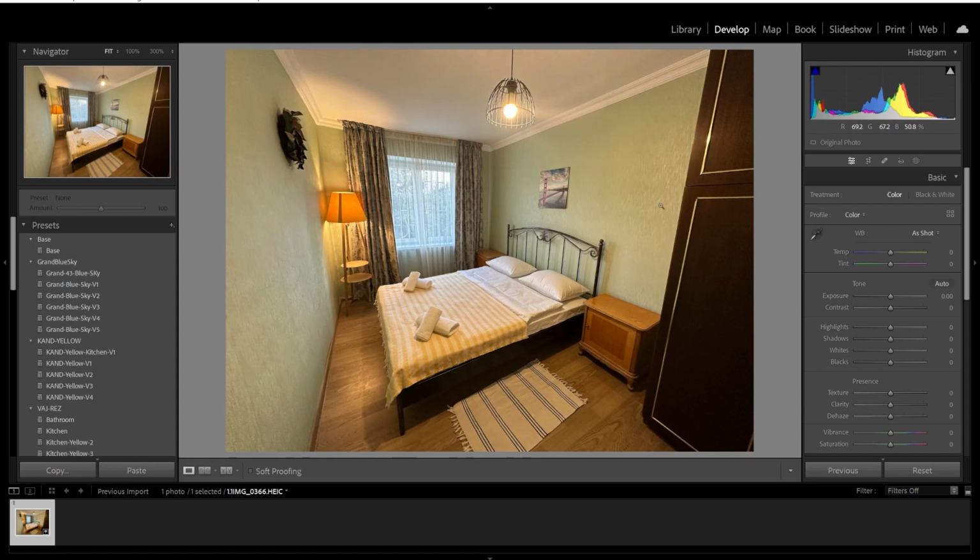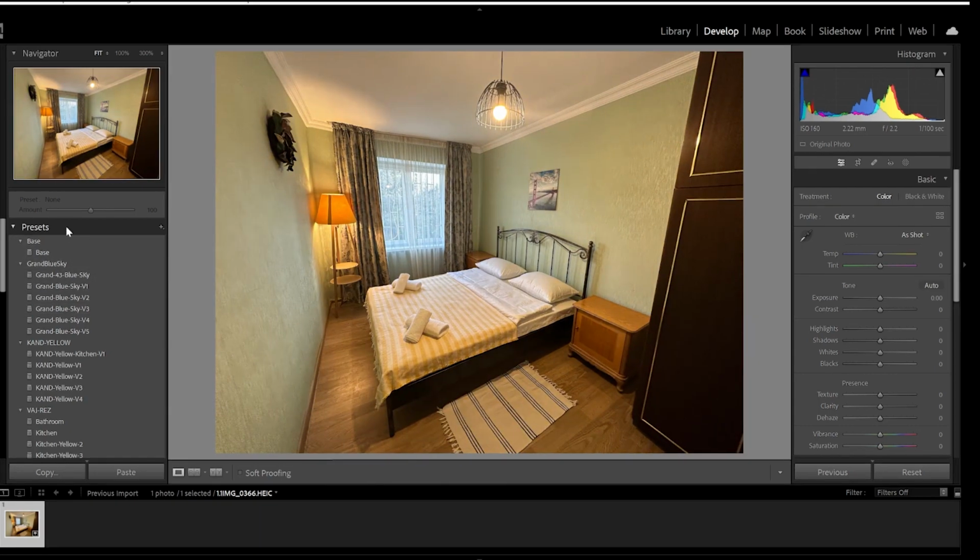This is not edited just yet. So now we want to edit it. So you can see that all these sliders here, this is what we're going to be working with. They're all in a neutral zone. On the left side, you can see presets. The software is nice and easy to use in a sense that it lets you